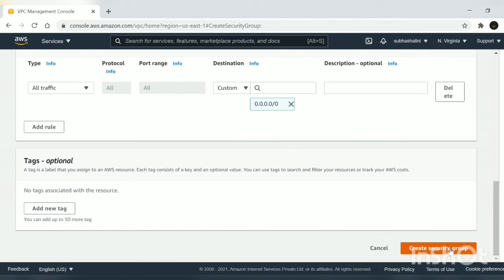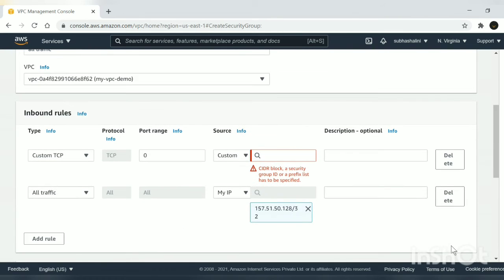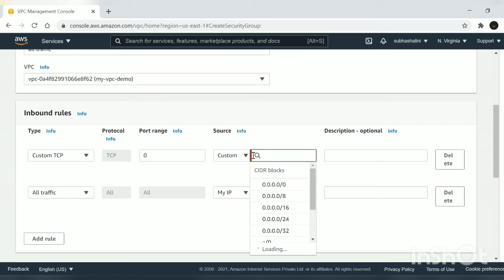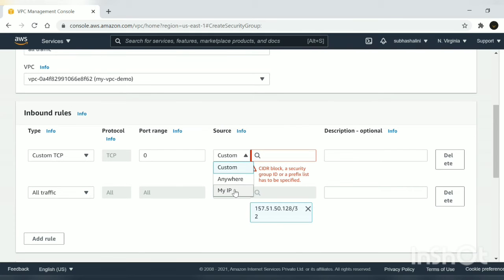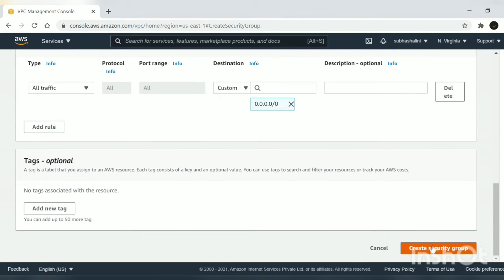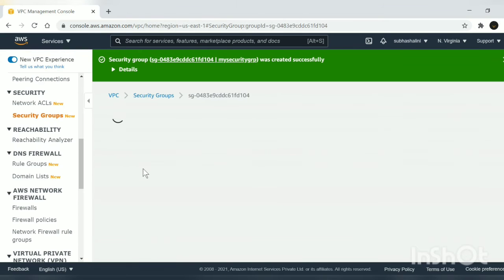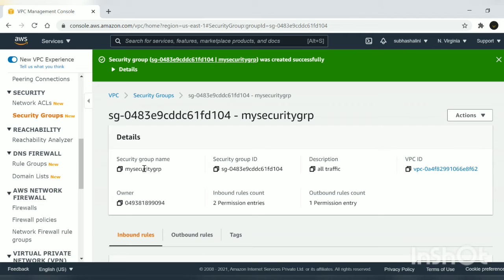And then create a security group. Just click on create security group. Now we have successfully created the security group.